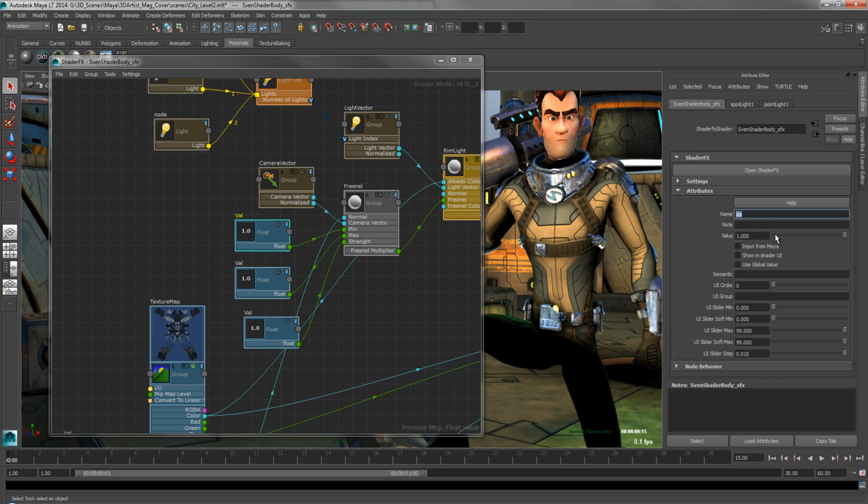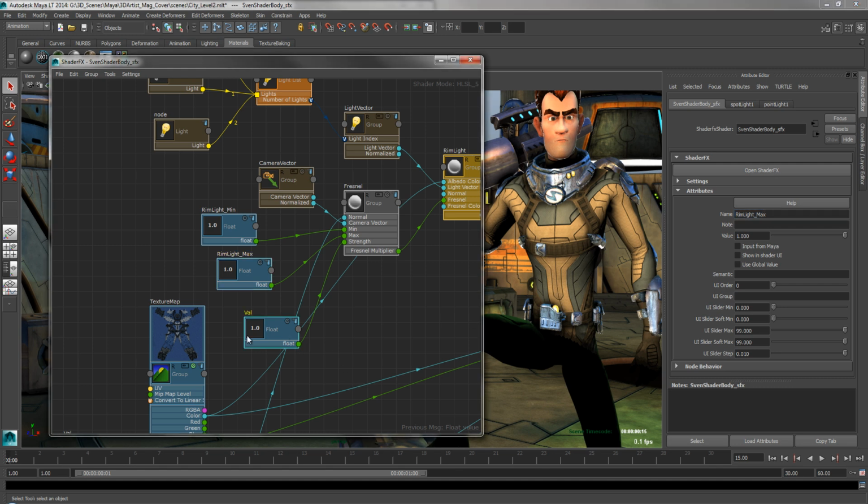We can just change that to say rim light min. And so now that says that here inside of ShaderFX, it's much easier to understand what this node is. We'll do the same thing here, rim light max, and finally rim light